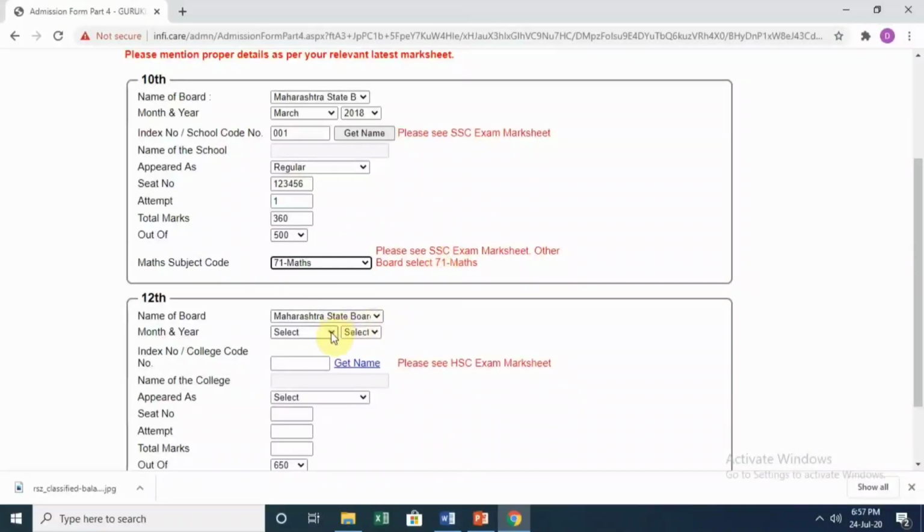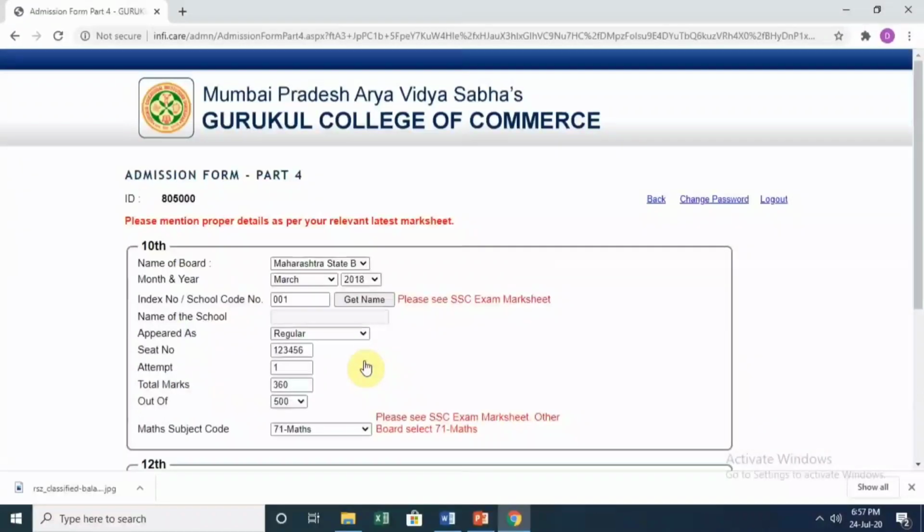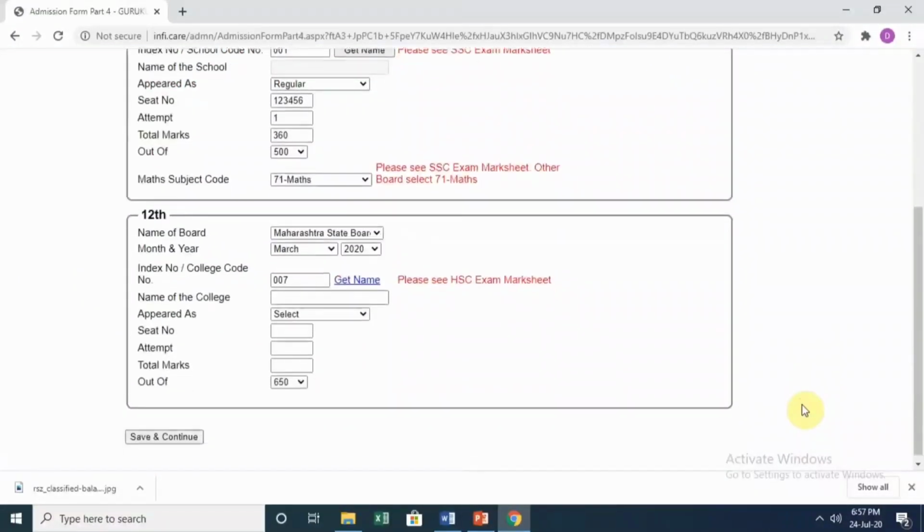Similarly, for 12th, March, latest attempt was March 2020. The college code will be mentioned in your HSC mark sheet.